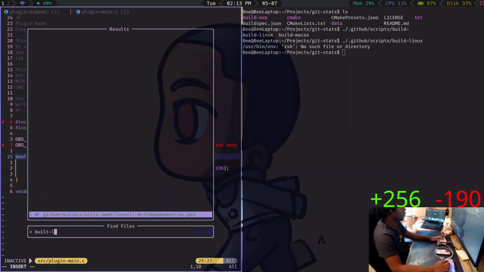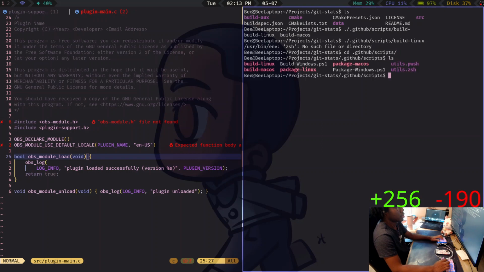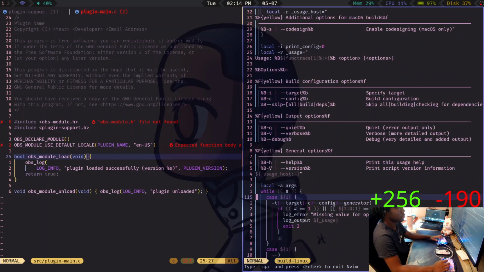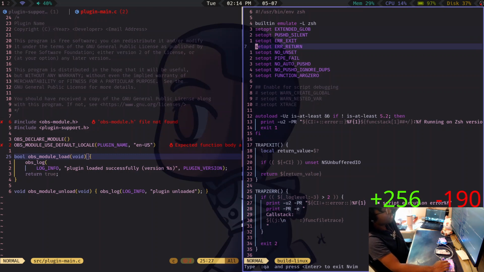Okay. Oh wait, because it won't show up because it's a hidden file. Right. I have bash.